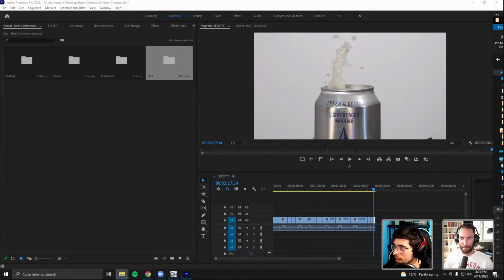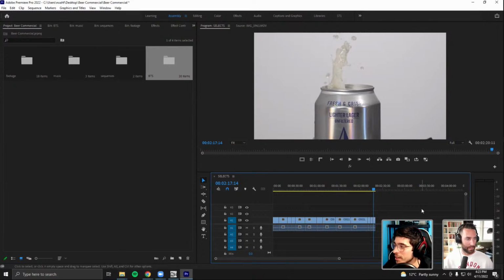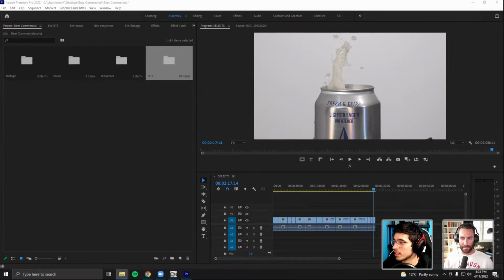So I had to completely rearrange the whole living room and kitchen just to make this happen. But you just got to be creative with it. You can't look at it in terms of limitations. You have to look at it in terms of, okay, this is what I've got to work with. How are we going to do this? You can't just say there's not enough space, I can't do it, I'll wait for another time. That's part of filmmaking, I think. In the world of video production, you've got to figure out ways to make it happen. So, absolutely.